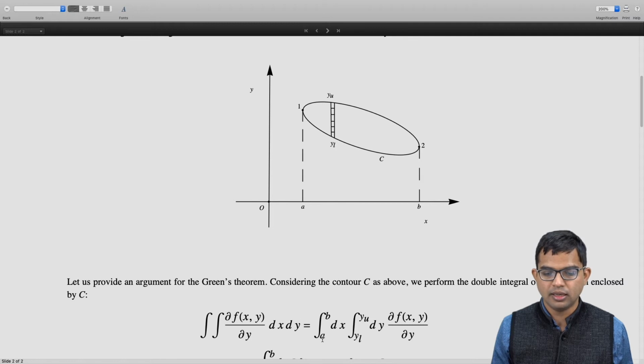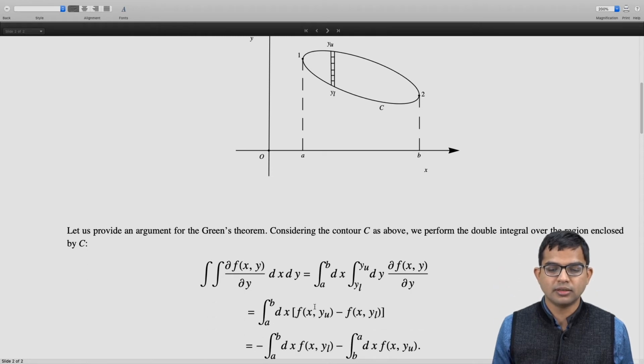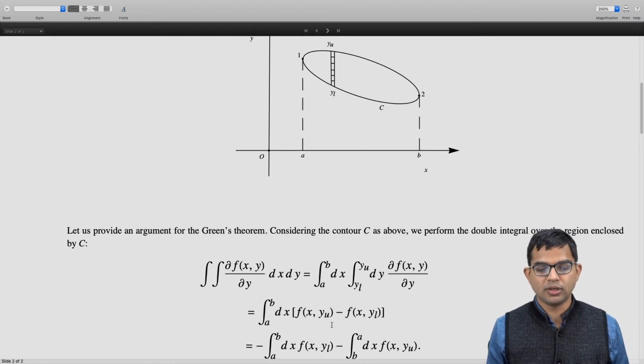So I have dx from a to b and integral dy, y goes from y_L to y_U. Of course, implicitly y_L and y_U are both functions of x. And then I have ∂f/∂y. So then immediately I can integrate the second one out. So I have integral a to b dx [f(x, y_U) minus f(x, y_L)], right? So x comma y_U is